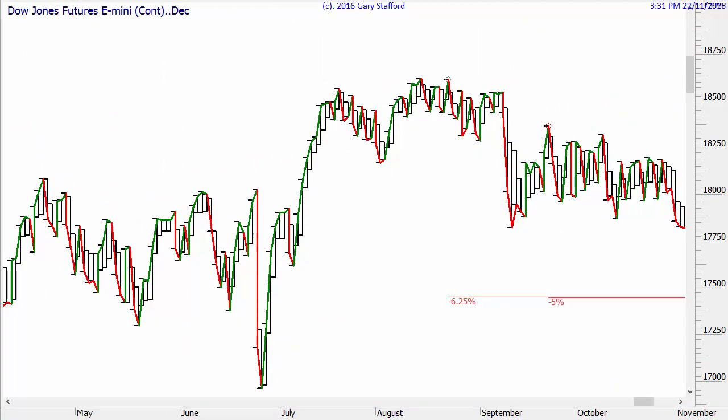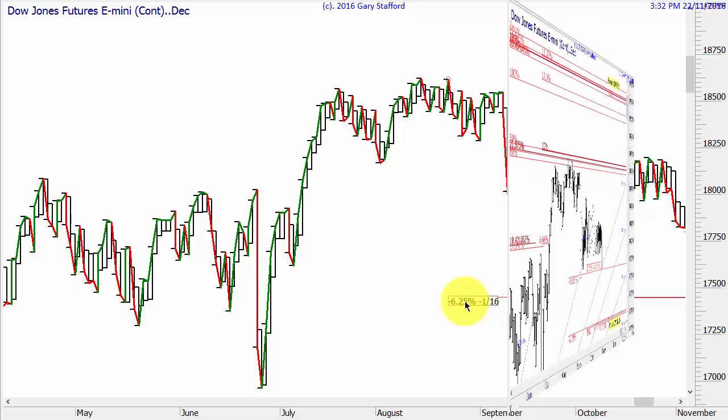Now this is the last signal that I gave on the Dow, and it's very important to know, as I keep saying, when not to be in the market, and this is a classic example. I didn't give any buy or sell signals here, I didn't give a short signal here, I didn't give a buy and sell signal in all this sideways trading. Okay, the next signal I gave was for a possible buying opportunity at this level here.